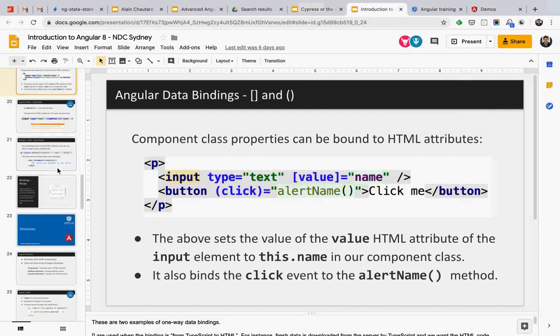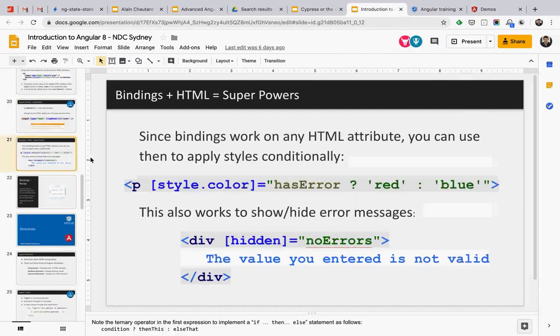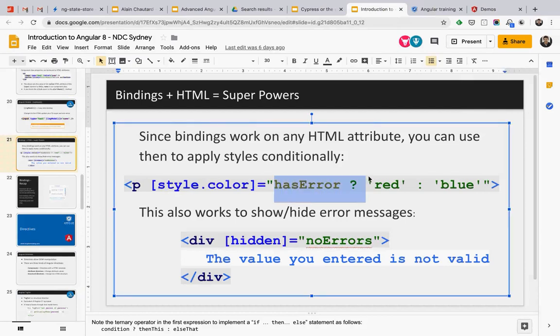So I've talked about all of these things. You can also do some things that are a little bit more complex with bindings. So you can use something like this, like express conditions in your bindings. In that example, if we have any error, the message would show up in red. If no error, then it shows up in blue. So it's an if and else statement inline in your template to customize the styling. And this one down here would just hide the error message if we don't have any error. So very, very common use cases for Angular apps to do that kind of thing.